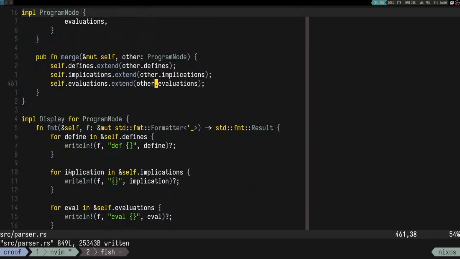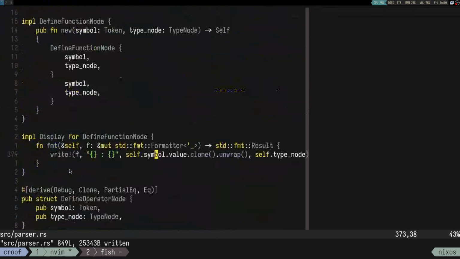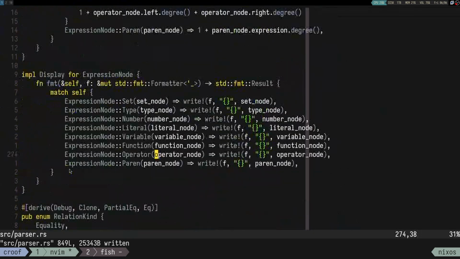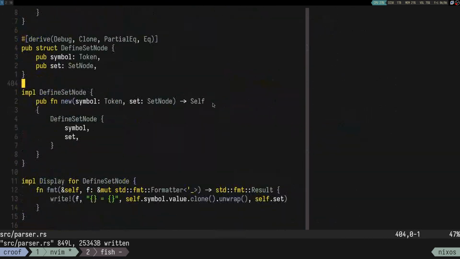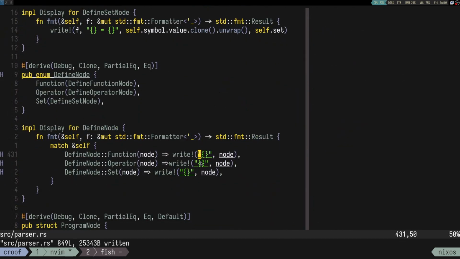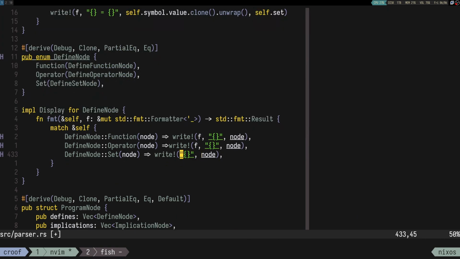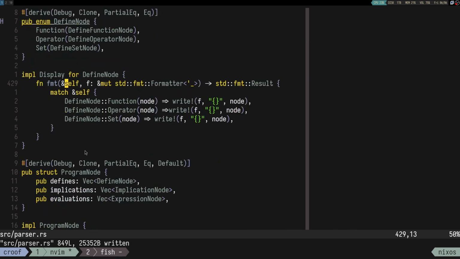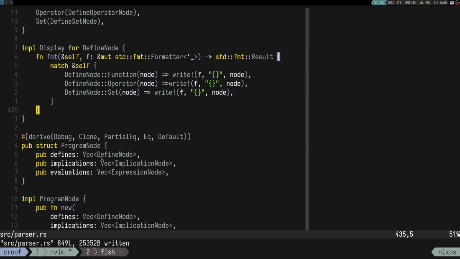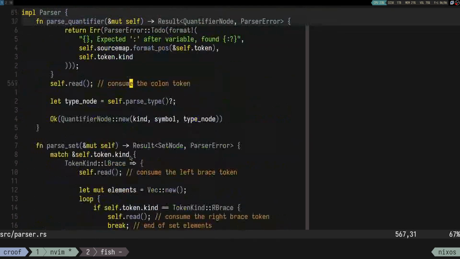Let me see how it did for expression. I forgot. Oh, it's missing an F. So we have the program node, we define nodes. Okay, that's fine. And now obviously it's gonna complain